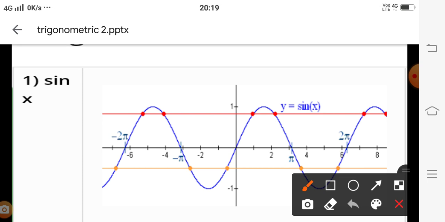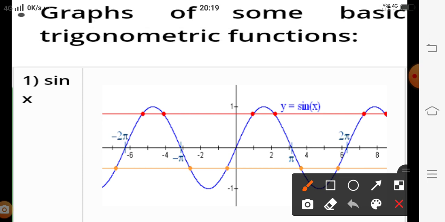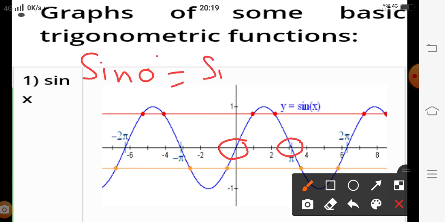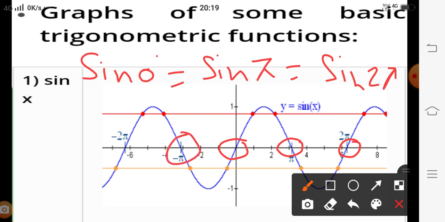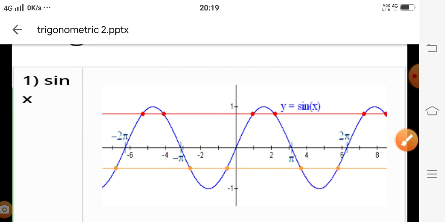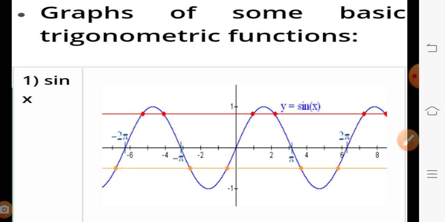Here we have 0, sine 0 is 0. If you find sine 180, this is also 0. Sine 0 we get 0, sine 180 we get 0. Same from the graph, if you observe sine 2 pi, yes, it is also 0. Same for the negative one, sine minus pi is also 0. It means from the graph we are able to observe on which particular values the graph of these is periodically repeated.